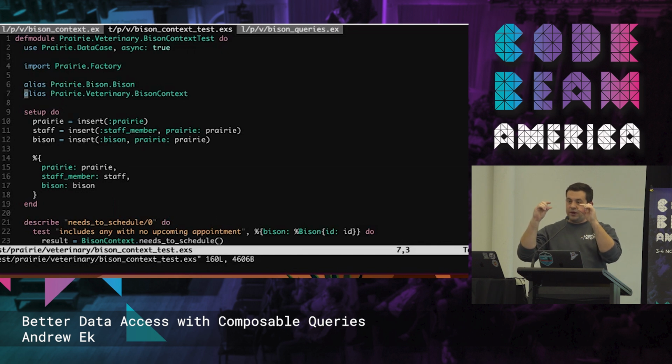The composable queries are pure functions. They're deterministic. They require no setup or anything like that. But I've not yet found a way that I feel happy with in testing them like pure functions. It is almost always set up some data, ensure that I get it back, or that I don't get it back, as the case may be. Yeah. Which adds a little bit of overhead, but